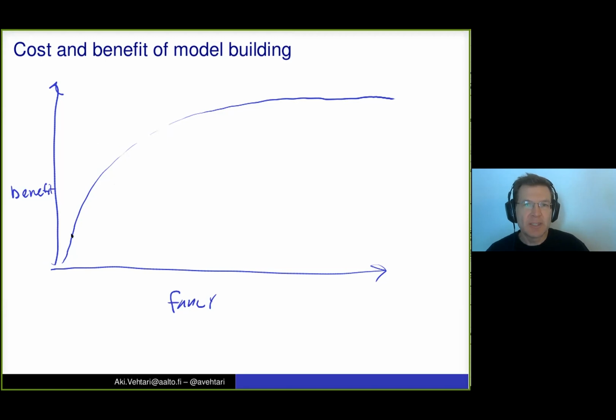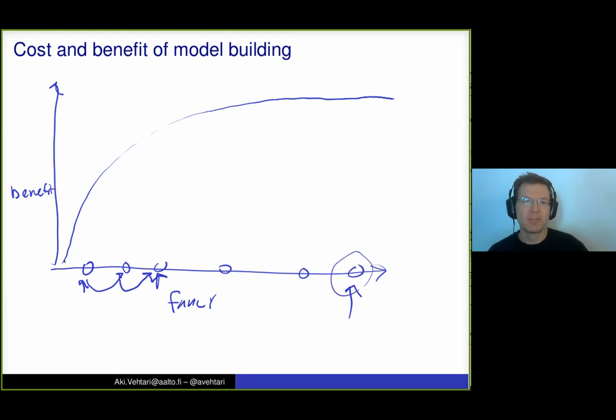But here, since this curve is like this, it's possible that there are these different types of models, and then instead of going right away here, you might want to be happy with this model. One way to find this model is that you start with this and then go forward, and then it's possible that the time you needed to make these three models is much less than if you would have started with the most complex model.